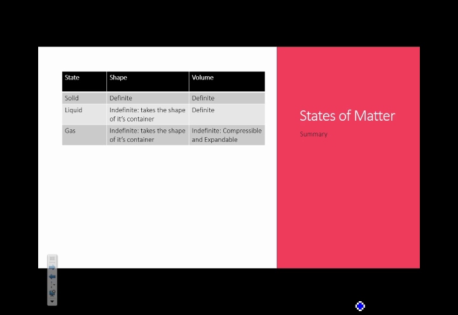When you open it and you pour that soda out into a glass, what does the gas do? Well, it takes the shape of its new container, which is actually open to the atmosphere because there's no lid on the glass. So your gas bubbles out and expands. So the gas takes the shape of its container, and it is also both expandable and compressible. So gases have indefinite shape, and they also have indefinite volume, because we can compress and expand them. And that comes from the characteristic of gases that they have a lot of distance separating their particles.